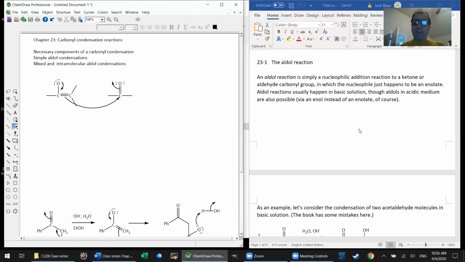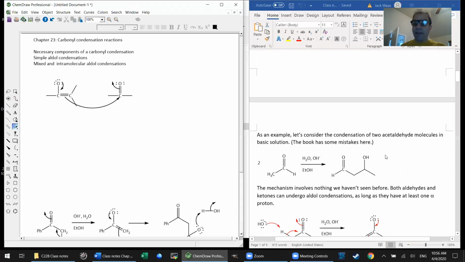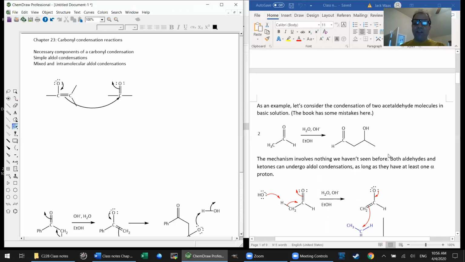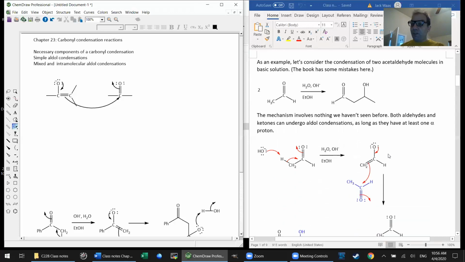But the mechanism will be analogous in either case. Usually, though, this occurs in alkaline solution, and you may get a chance to practice the acid solution case in OWL or some book problems as well, but both can occur. So let's start off with the simplest possible